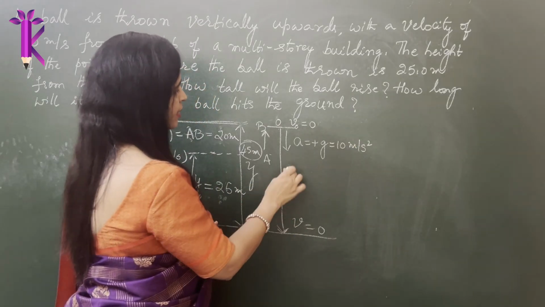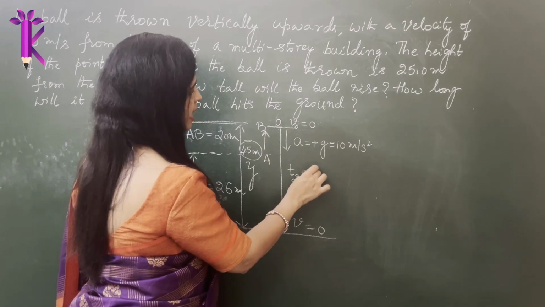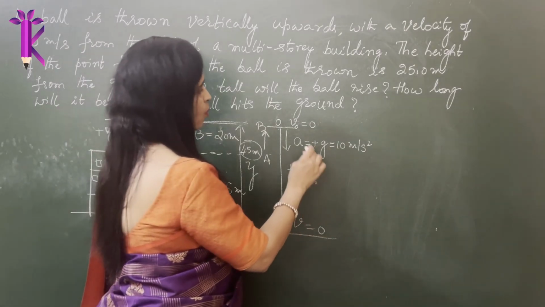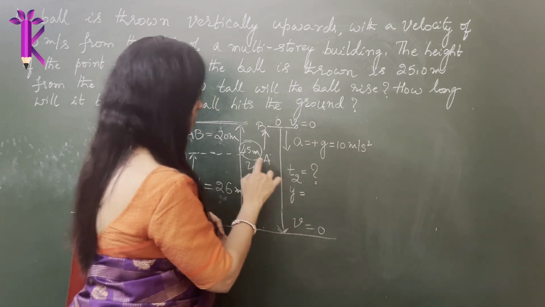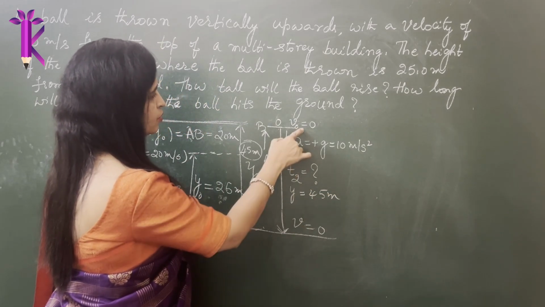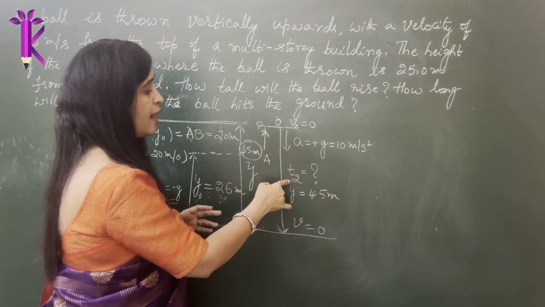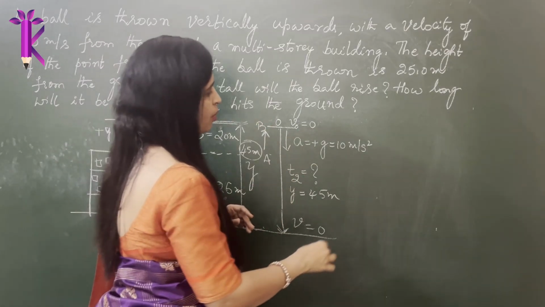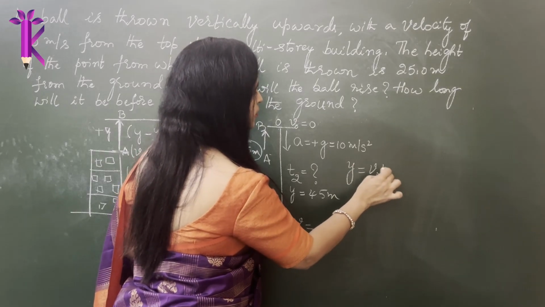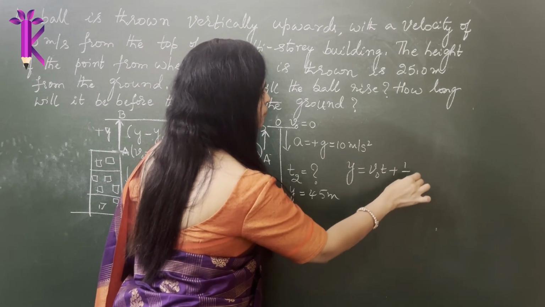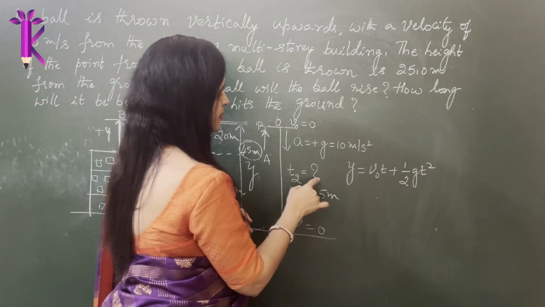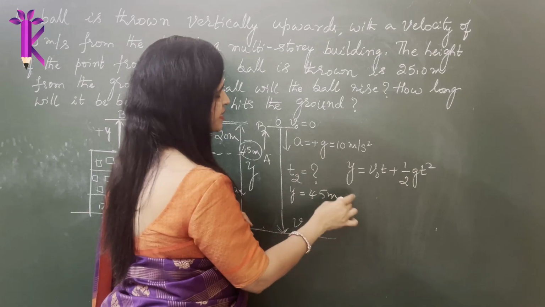Now we have to calculate this time. Let me call it T2. We do not know this time. What is the formula that I can use? What is the total distance traveled? The total distance traveled y is equal to 45 meters. So you know y, you know v naught, you know a. You only have to calculate T. What is the right formula to use? The right formula is y = v naught t + half g t squared, right? a will be replaced by plus g because it is in the same direction as the direction of motion.